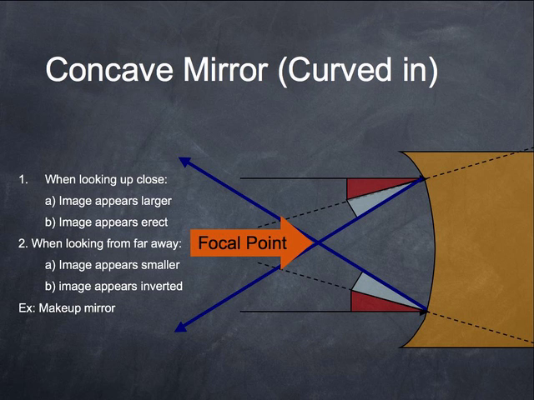Now, my question's kind of annoying. If you are standing here, this is you. I don't want to mess up my question. I can't see it. So, if you're standing here, as you look in the mirror, if you trace this back, that's how big you're going to look. That's the image you seem to see. If you go back here,